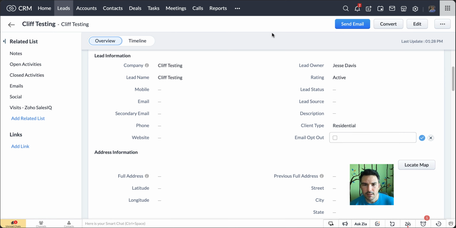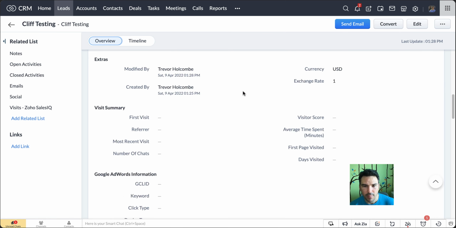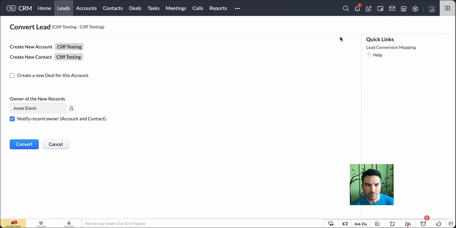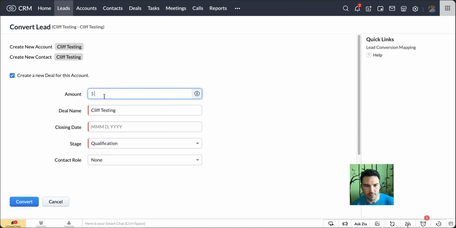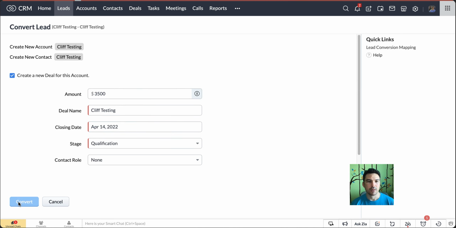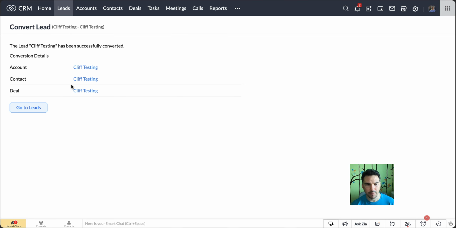Okay, let's see. So now we have a lead. Now what we're going to do is convert the lead. And we're going to also create a new deal. The amount's going to be $3,500 for next week. Okay, and the way we have these fields set up